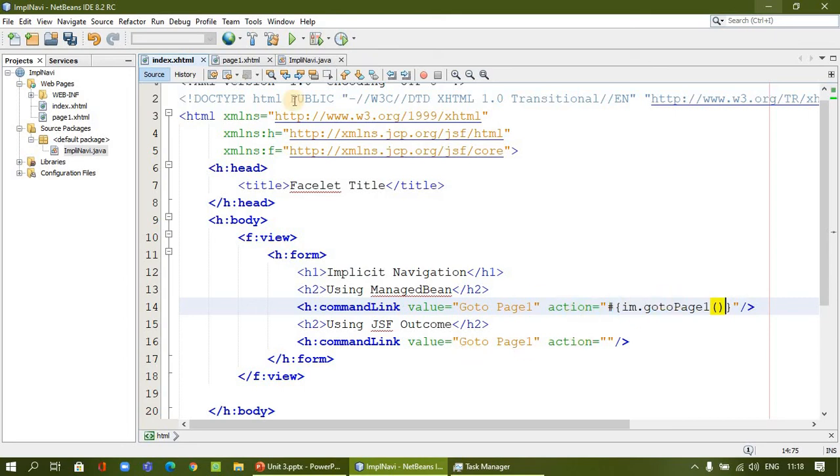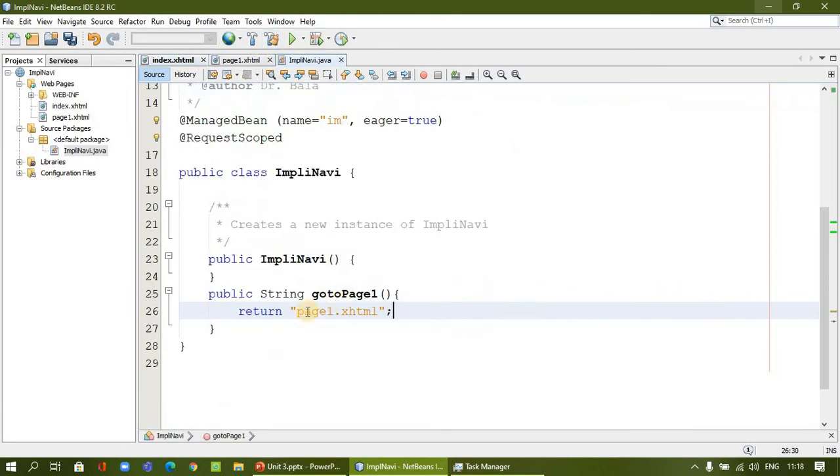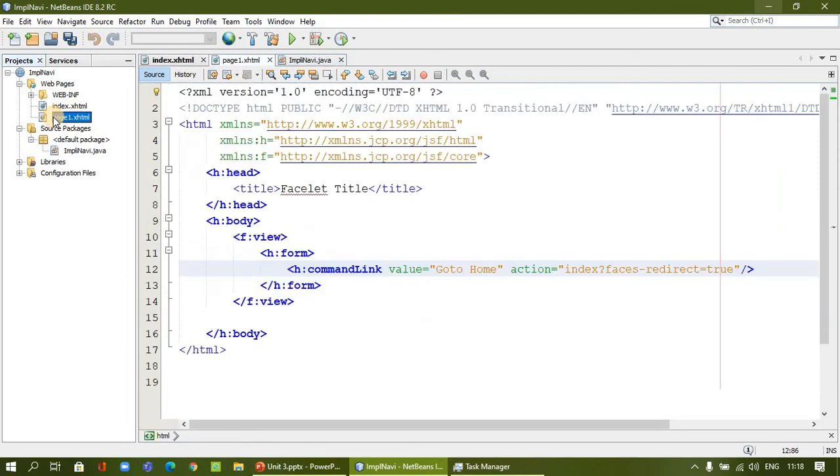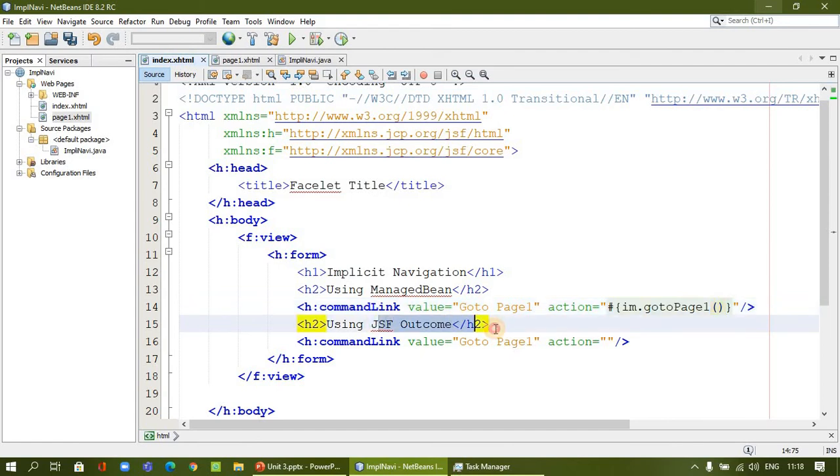So it will connect to the method here, and it will return the value page1.xhtml page, this page that we prepared earlier. Then from this page I'm asking to return back, already we did. And for using the outcome, in the action we are simply going to say whatever the name of the file we have here. So page1 is sufficient. If you want to give .xhtml, you can also use it. That is not a problem. Either you can directly give the page file name only, or with the extension. Both are allowed. Okay, now I'm going to execute this code.